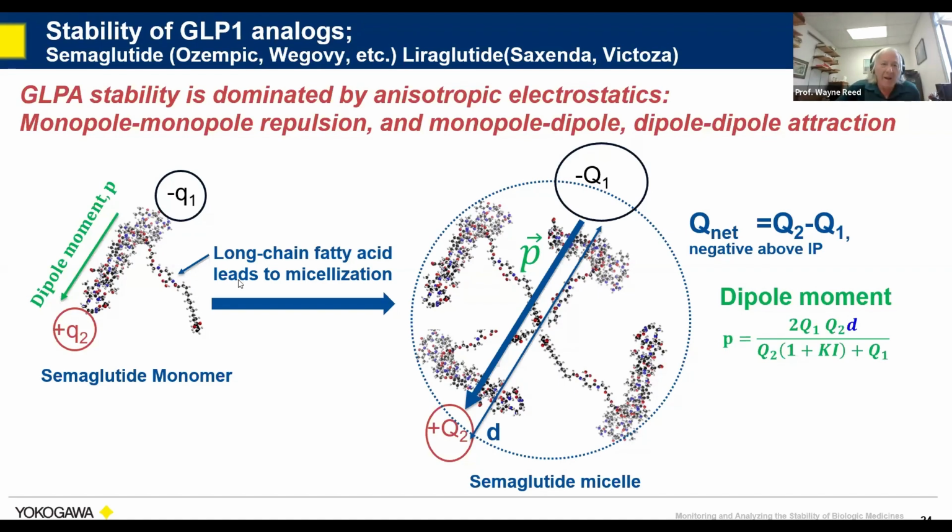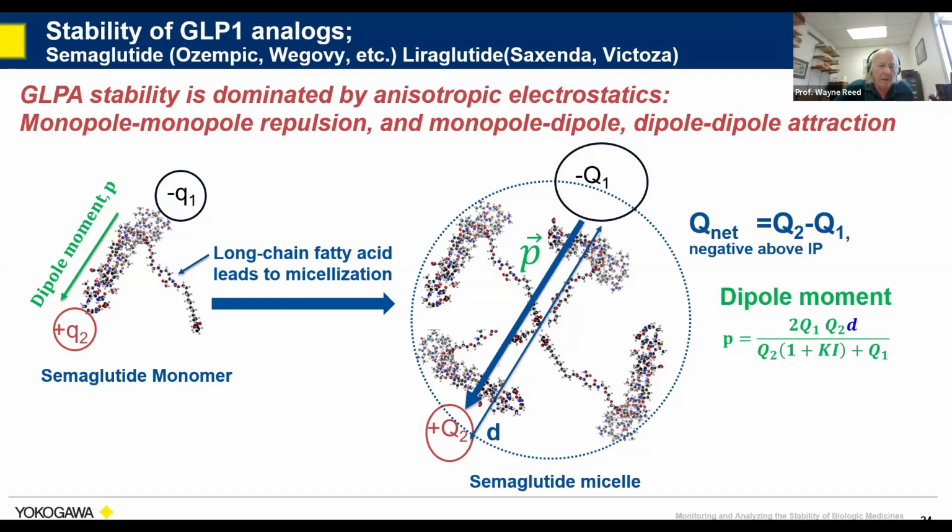biosynthesized in the body. But the clever thing is the scientists who did this covalently linked a fatty acid on here so that when they're in solution, they essentially micellize under the classical hydrophobic effect. So those micelles stabilize the glucagon, which otherwise would be gone in minutes, so that it can last days, maybe even longer. Since 18% of the U.S. population is now using these, I guess each person knows how long it lasts in suppressing hunger.